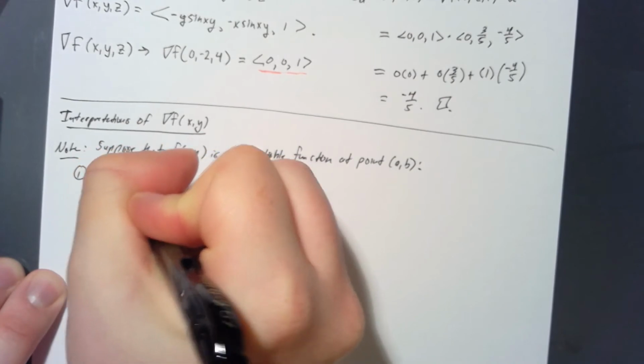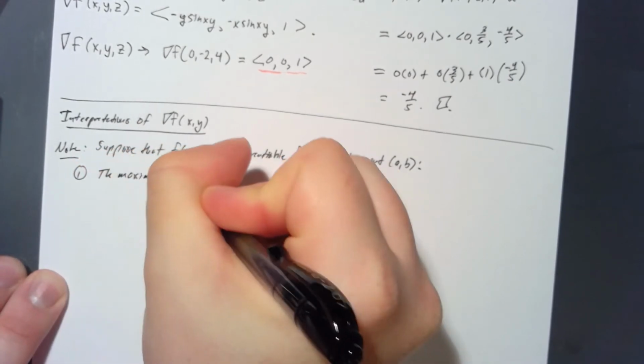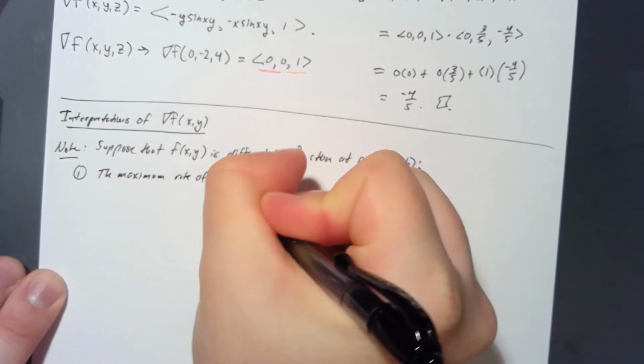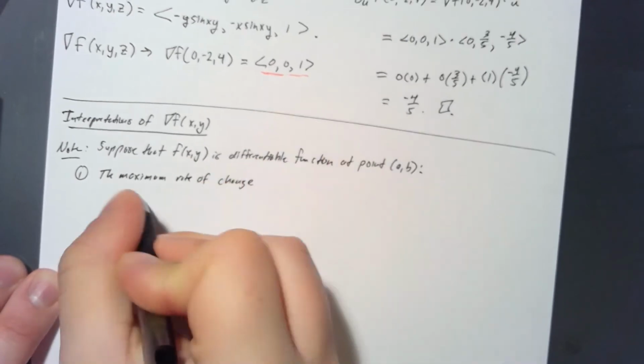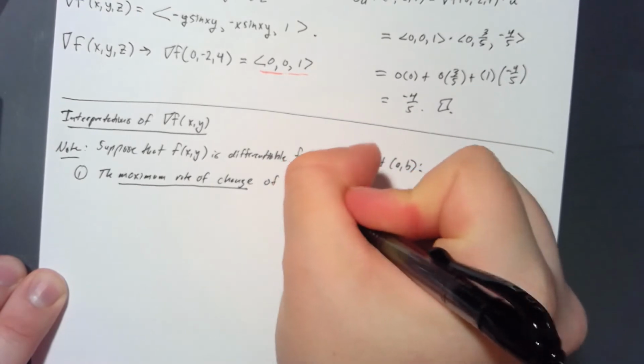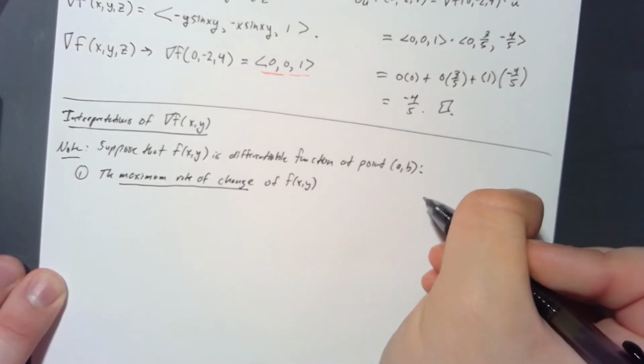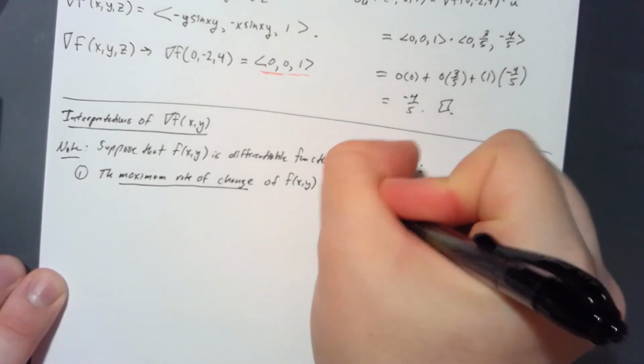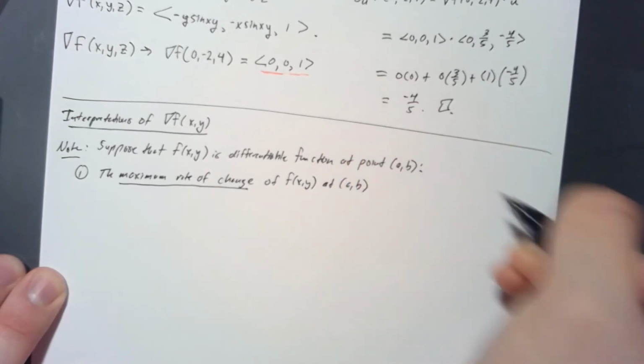The maximum rate of change of my function at the point (a, b)